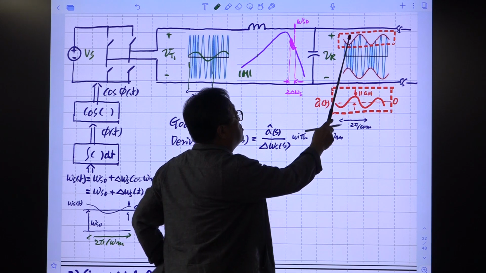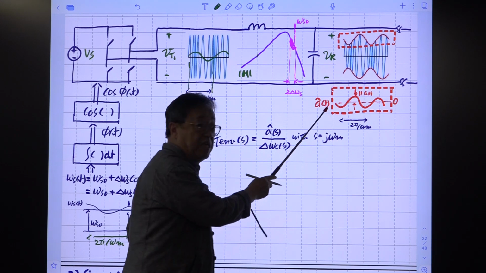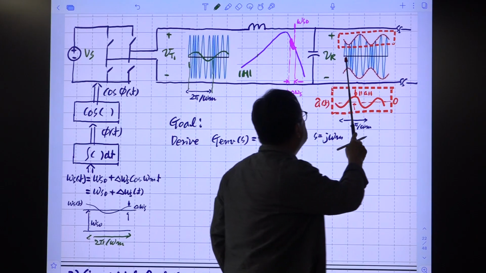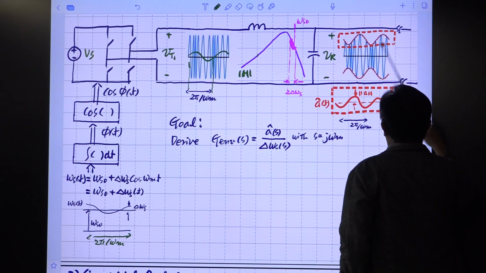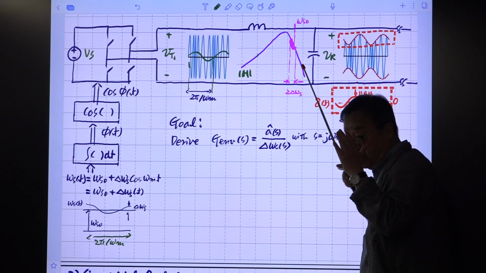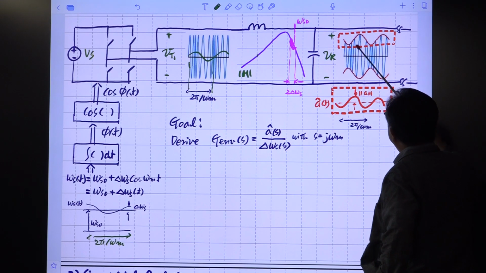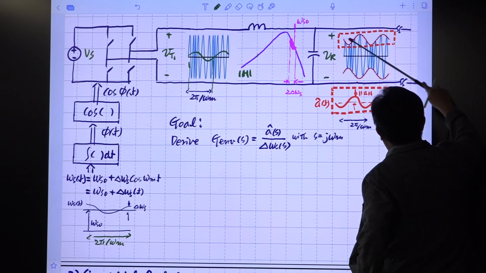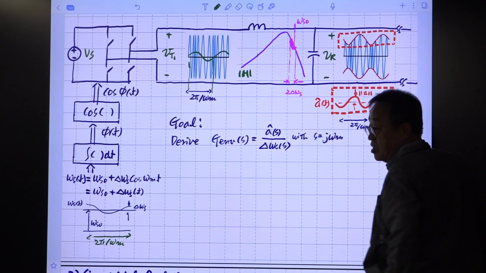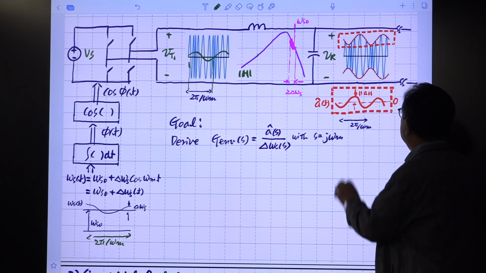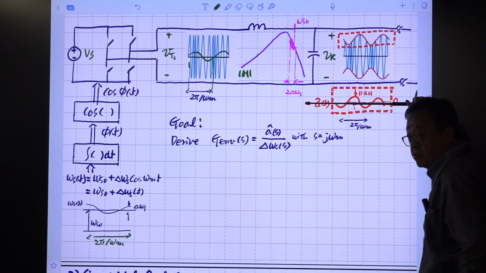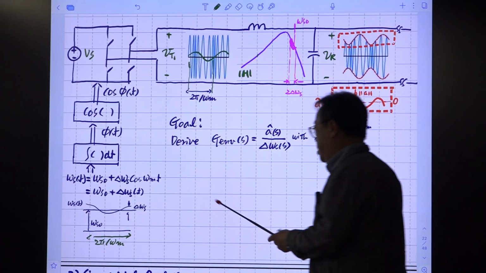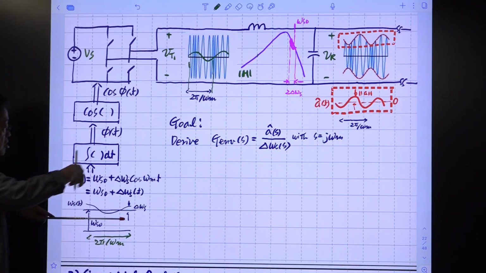Okay? So this is called A hat(t), right? Actually, this waveform itself is A(t), and the average value of this is the A0 magnitude. If you subtract from A(t) this average magnitude, you will have this. Okay, this A hat(t) is this part, right? And we moved this part here. The average value is 0. This is a sinusoidal waveform. So we think this is the input of this process.